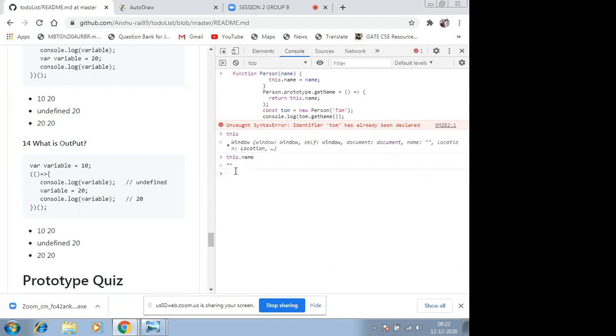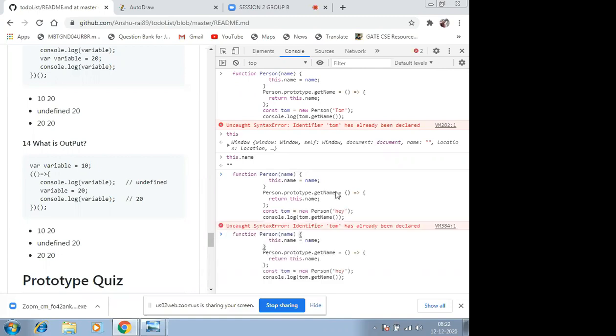It is returning an empty value, I think, because it is saying the identifier has already been declared. Let me show this correctly. Let's just not use const.